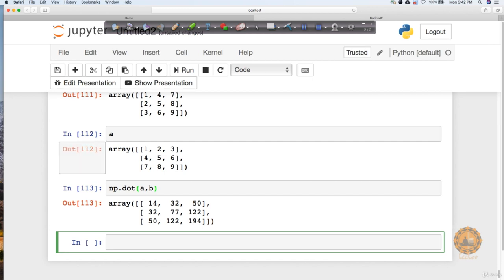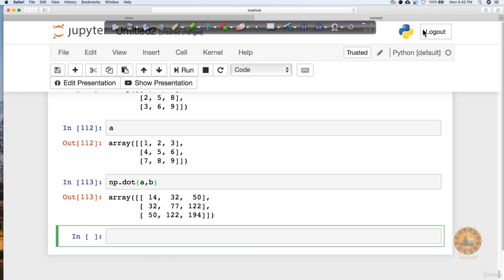Now similarly you can also change your data types. You can define your data types in your array. I have already explained this once, but it will make more sense now. So let's say a is equal to np dot array, and I'm passing the values 1 1 0. But now I'm telling it that I want to pass it as true and false and not as 1 and 0.